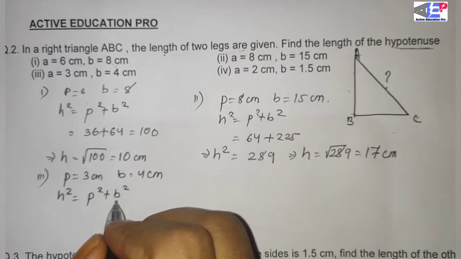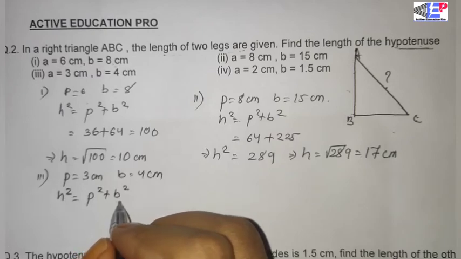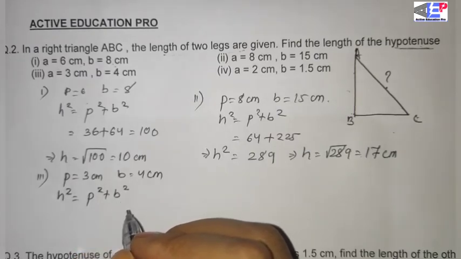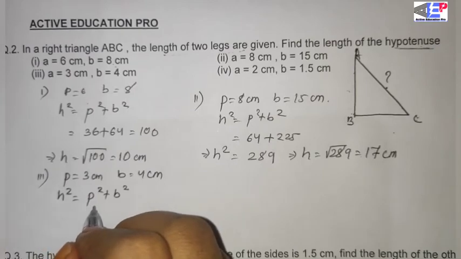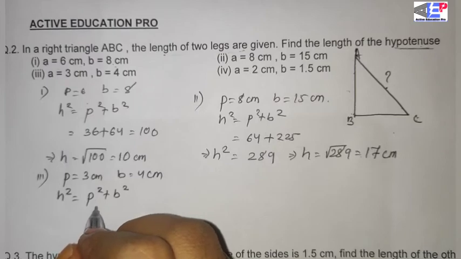So don't skip the formula. You think, yes, I know the formula, I don't need to write it again, H square is equal to P square plus B square. No, it is not correct for a student. So please always write any formula repeatedly, again and again, it is practice for you. So in future you don't have any problem, you don't need to try to recall it. Always write the formula, whatever the amount, for the times it may be, 5 times, 6 times. Never forget to write the formula.